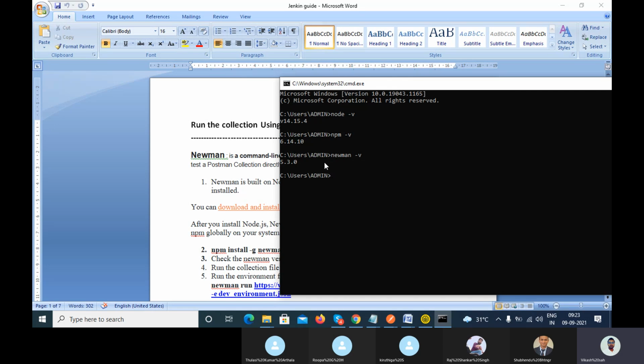If it is not there, you will get an error message. So you can open the command prompt and type Newman -v there. You will get an error message like "this command is not recognized." So what you have to do to install Newman, we have one simple basic command to